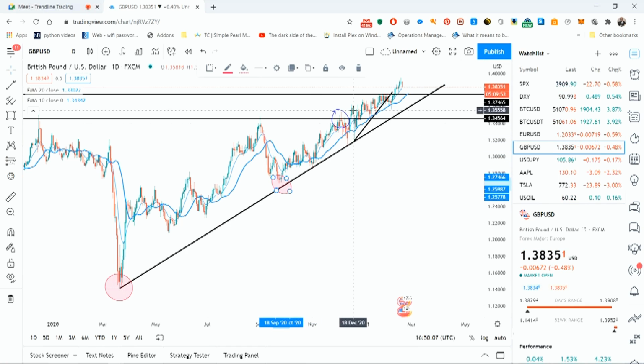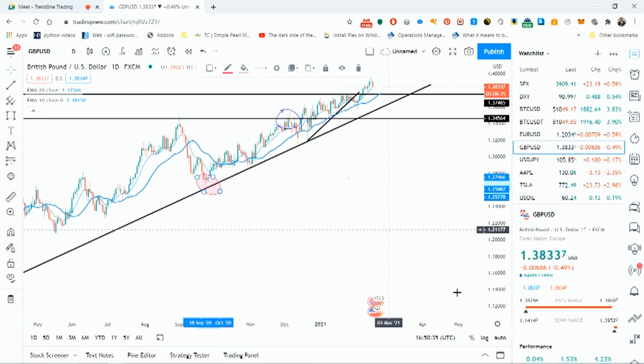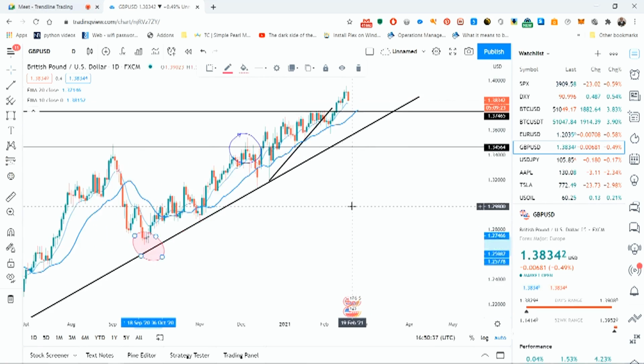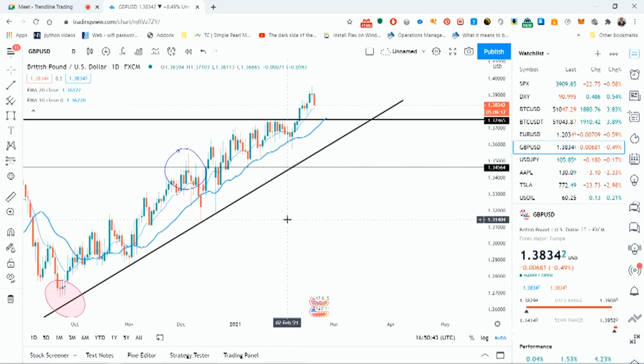And as long as this trend line keeps holding, price will continue to stay above and make higher highs and higher lows. So we could have price come back down towards here and then see how the market reacts. If the market rejects this area, it could offer us good opportunities to start buying and good opportunities to trade. And you could have inner trend lines and outer trend lines, just like I have in this case. You could see here, although this inner trend line did not really hold, you could have a trend line within a trend line,